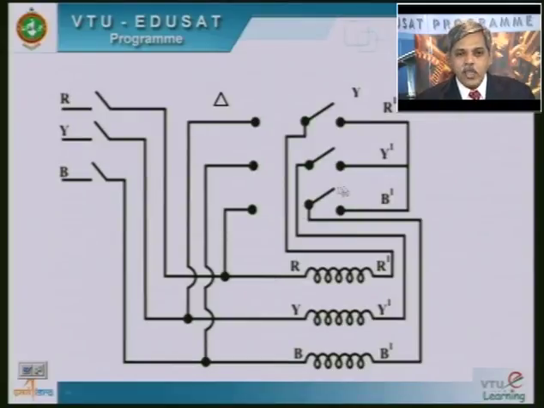Now, once the rotor picks up speed, I can change the star connection, that is, I can throw the switch onto the delta side. When I close the switch on the delta side, you can see the finish of R, that is R dash, which was connected to this terminal, is now making contact with this one. Where is it connected? It is connected to Y. So, R dash will be connected to Y, Y dash will be connected to B and B dash will be connected to R. That gives us a closed loop connection of all three phases, and the windings become delta connected. So, this is the basic principle.